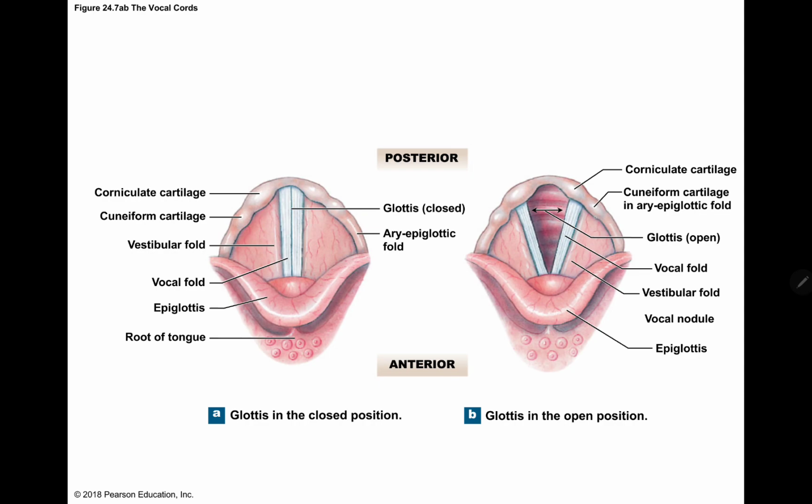This just gives you an image of the different cartilages. We have the corniculate cartilage right here. We have the cuneiform cartilage. And this is the glottis right here. This is going to be the opening, okay? And notice how it's going to have